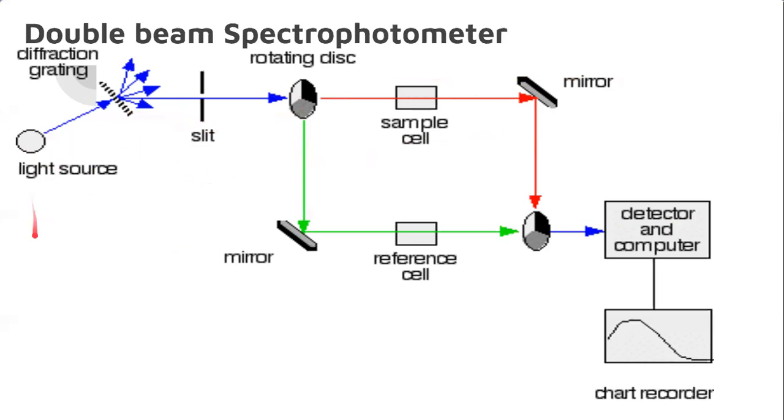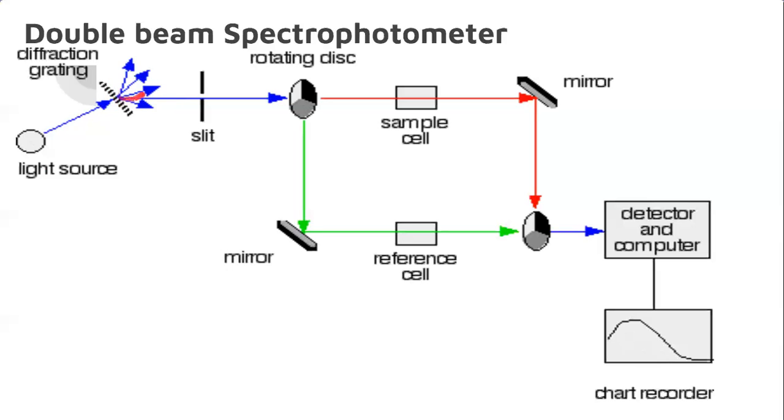For the light source, if you want to examine your sample under IR radiation, then you need to use the Nernst glower. If you want to examine your sample solution under UV, then you need to replace this with a hydrogen lamp or deuterium lamp. Or if you want to examine your sample under visible light radiation, then you can use ordinary light or tungsten light. Whatever range of electromagnetic radiation comes from the source is allowed to fall on the diffracting grating.